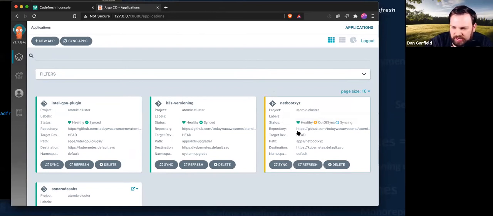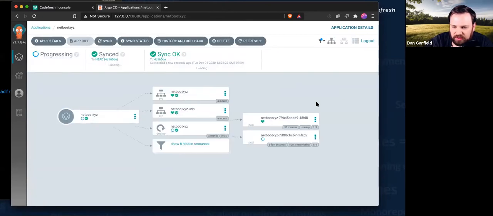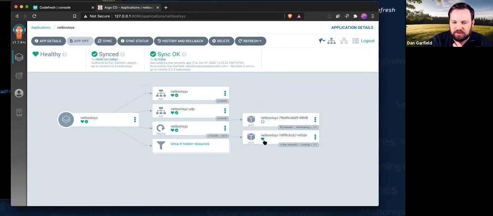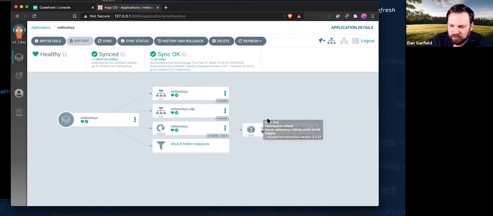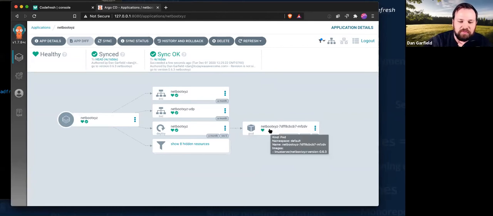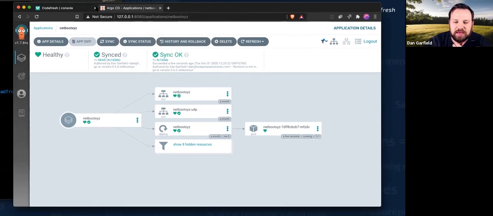So you can see it's now out of sync and it's now syncing, and this is progressing. So we can actually see it's spinning up the new pods and rocking and rolling those things. And so once this one is started, this one will go away, right? Oh, actually, this one is going away. Yeah. So, okay. So now we've completed an update to the cluster. So it went pretty fast. So you can see how the mechanisms of this work.